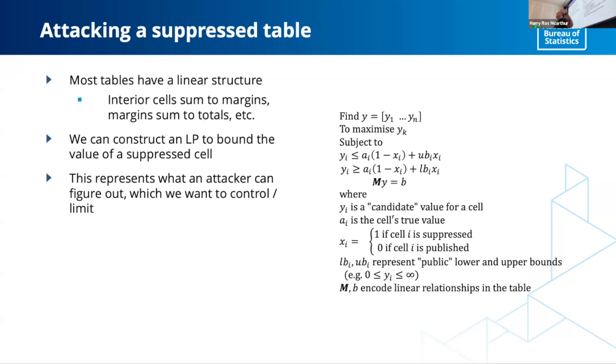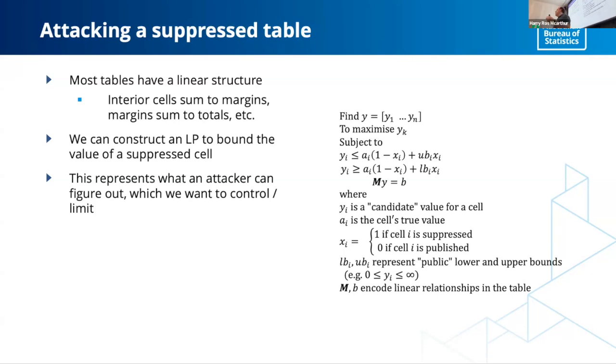What we can do is say, what is the biggest number that could go into one of those suppressed cells if I tried to fill the whole table up with values that still added up correctly? And probably, if I said there were counts, then they have to be non-negative. Maybe I know that nothing can be bigger than some upper bound or whatever. So I can just put that all in. And as far as optimization problems go, that's pretty nice. It's like 4 lines really. I mean, obviously there's a lot of repetition and matrices and stuff in there, but as far as you've seen much worse, I'm sure.